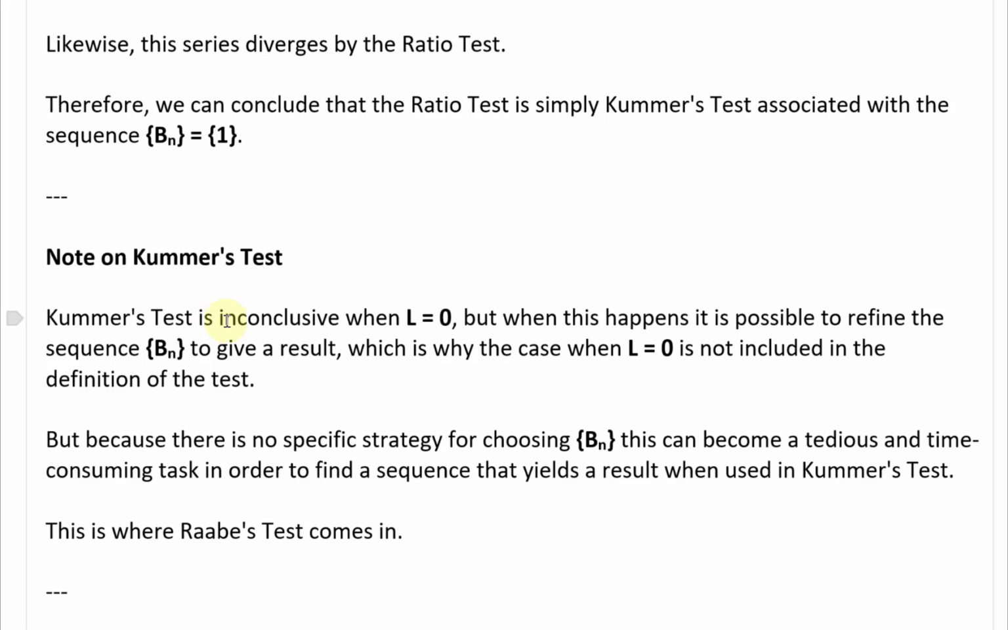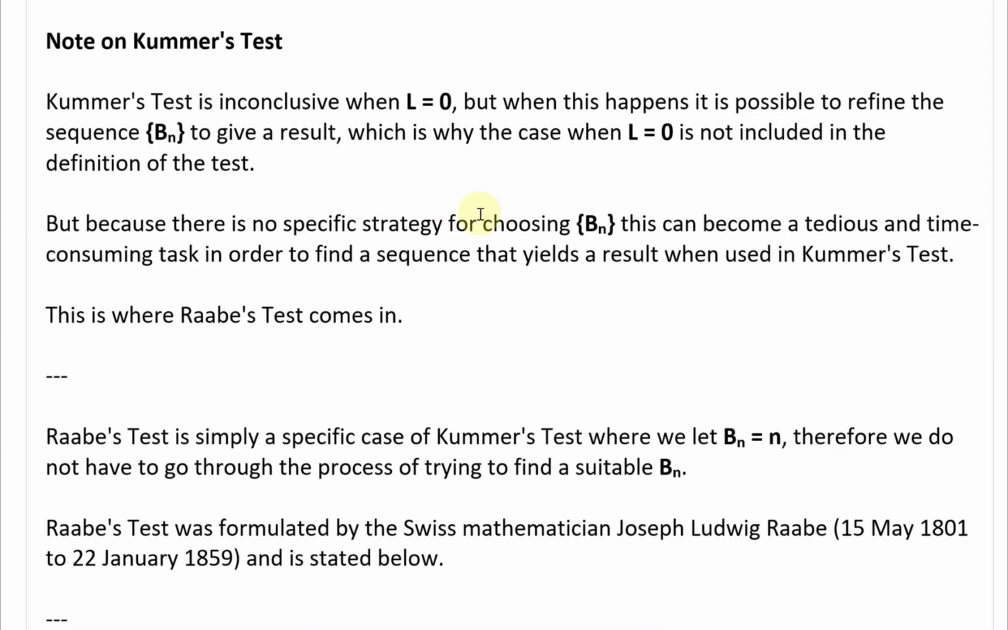Kummer's test is inconclusive when L is equal to 0, but when this happens, it is possible to refine the sequence Bn to give a result, which is why the case when L equals 0 is not included in the definition of the test, because you could always change your Bn. But because there's no specific strategy for choosing B sub n, this can become a tedious and time-consuming task in order to find a sequence that yields a result when used in Kummer's test. And this is where Raabe's